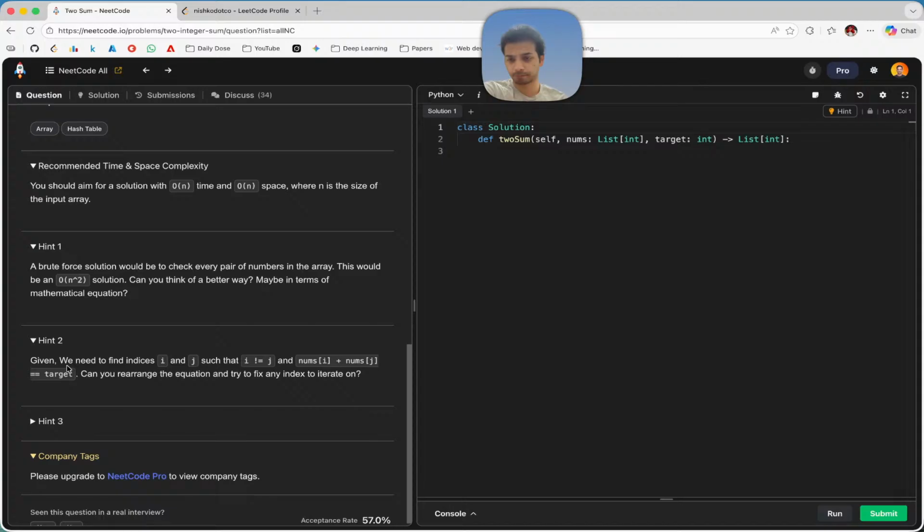Prerequisite: hash map data structures for the LeetCode course. Trie. Okay, so obviously it's some